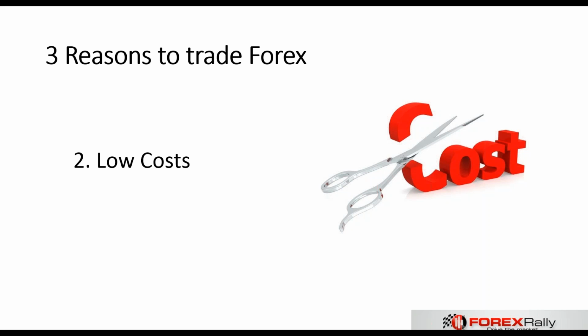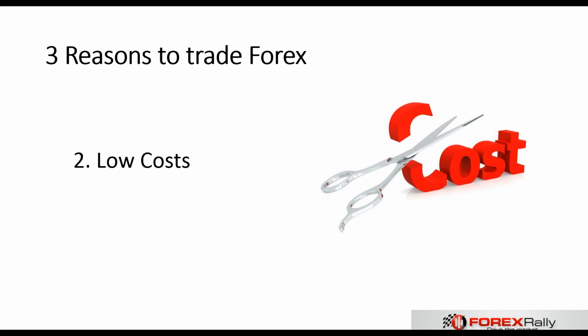If you trade a currency pair which is highly traded all over the world, like euro dollar or GBP USD, Great Britain pound versus the US dollar, or let's say US dollar versus the Japanese yen, you'll have low spreads, low cost, low commissions. Why? Because everybody trades these pairs, and this provides liquidity. If the liquidity is high, then you will have lower spreads. If the liquidity is low, then you'll have higher spreads.